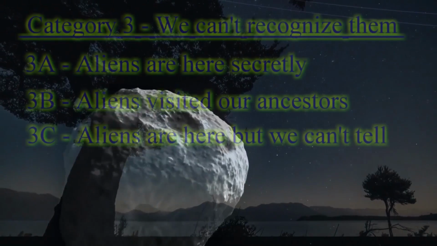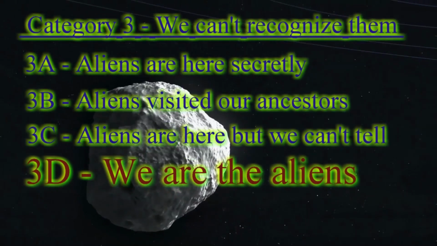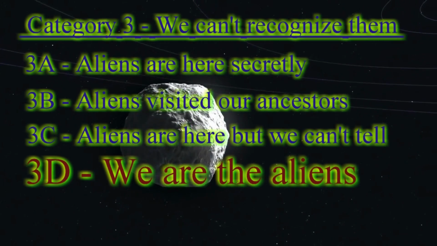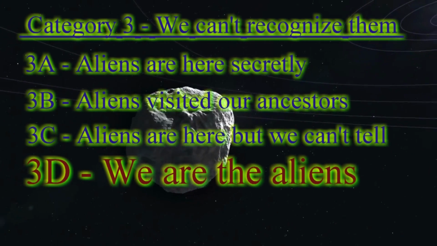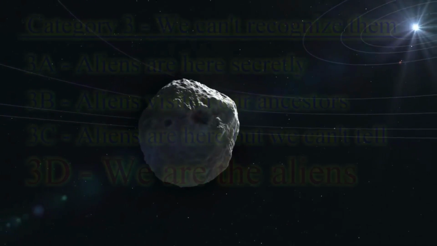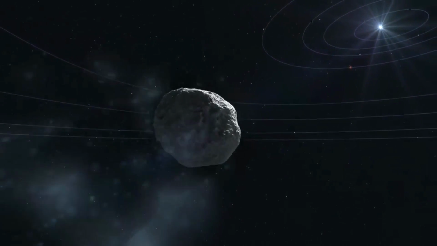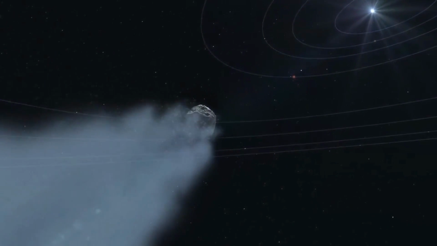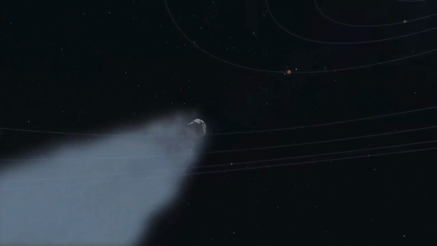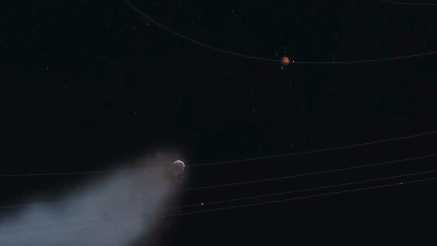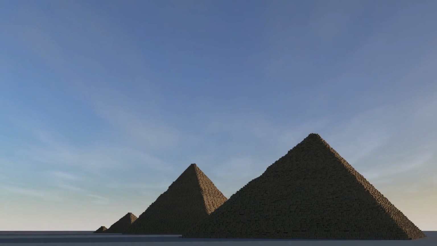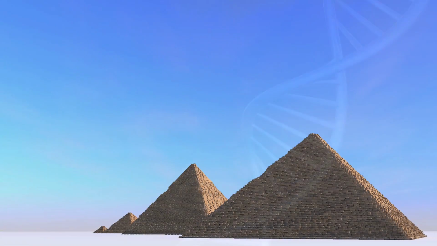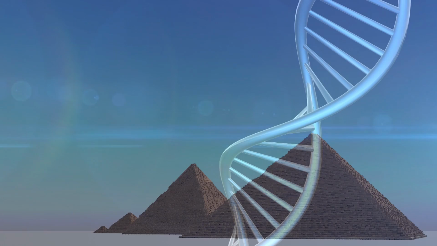Category 3D is our last one before getting into the miscellaneous material, and it raises the idea that we ourselves might be alien in origin. In this context, I'm not talking about panspermia in the sense of basic life originating in comets or the Oort cloud and raining down on early Earth, but the notion that intelligent life actually made humans, either directly or by starting life on Earth. Very popular notion in fiction, and a fun one, but it has some obvious problems. Like ancient astronauts, you have to wonder where they went, and if we're talking about just humans, then you have to wonder why our DNA is so like everything else's.